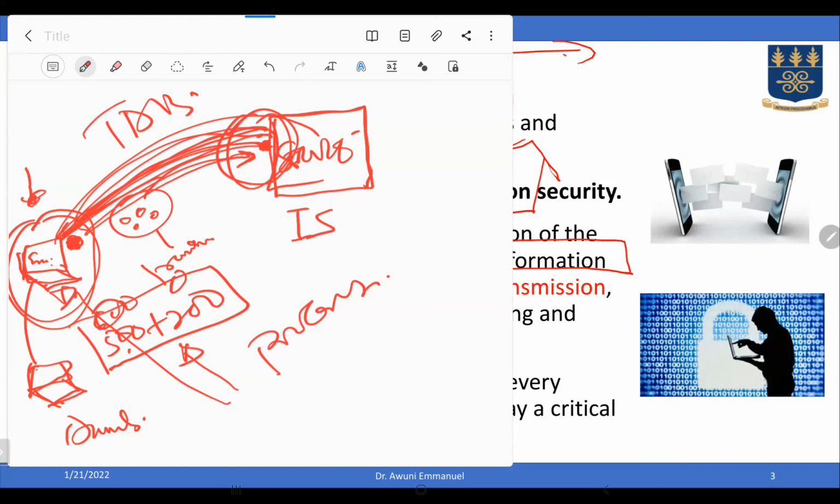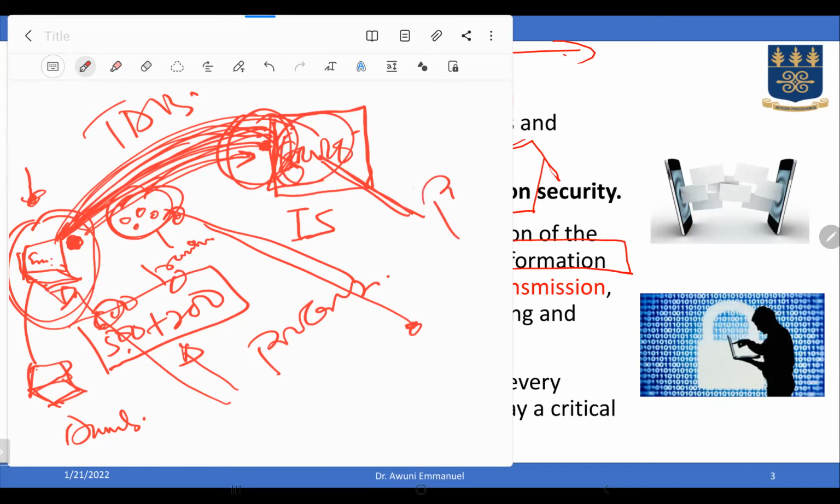Now, the data being pushed into the database, that is transmission, and it goes in the form of packets. Here, an intruder can intercept it and also make changes to it. Then when the data gets here, it has to be saved into a database. So there should be some sort of protection at the transmission, and also protection in the processing.